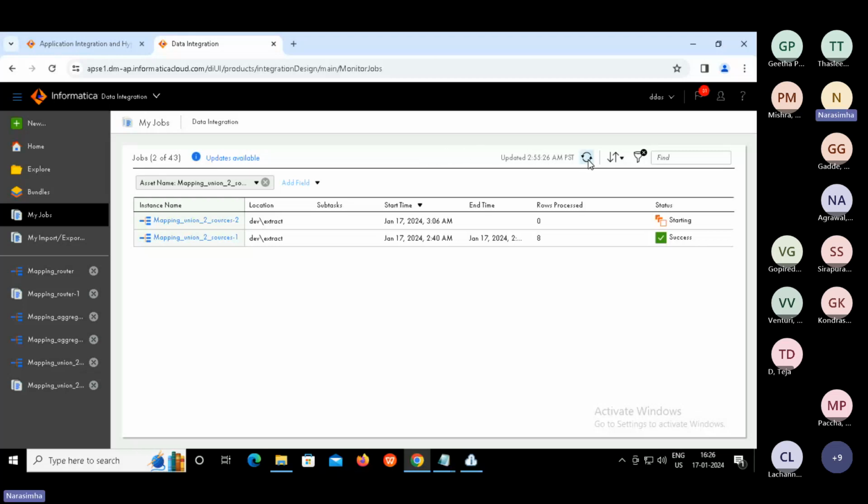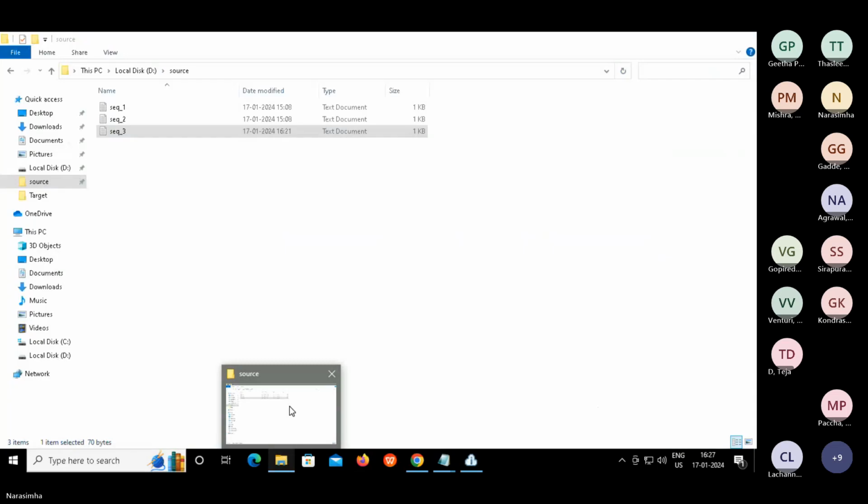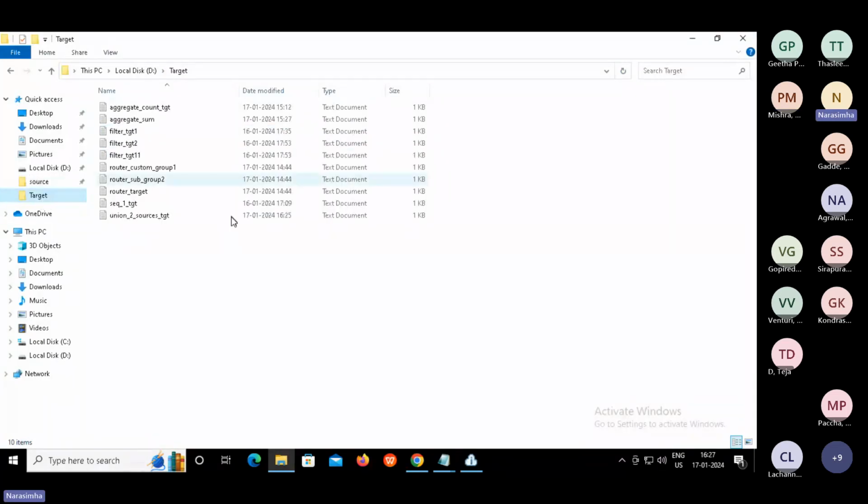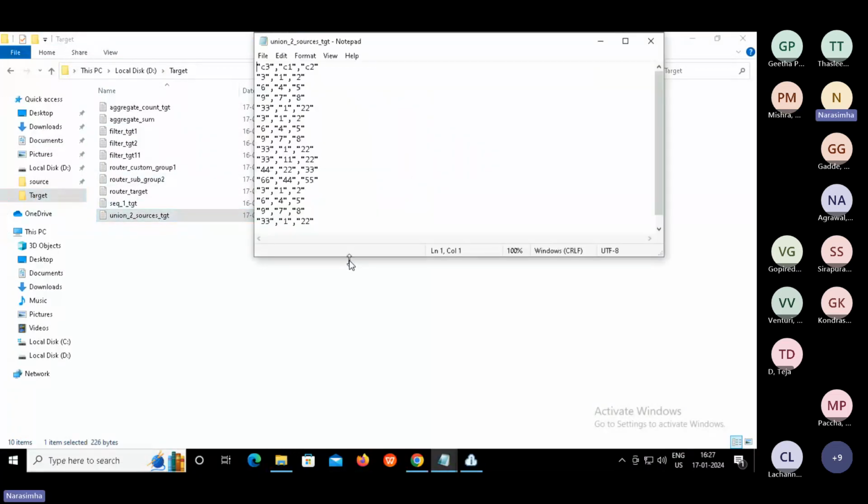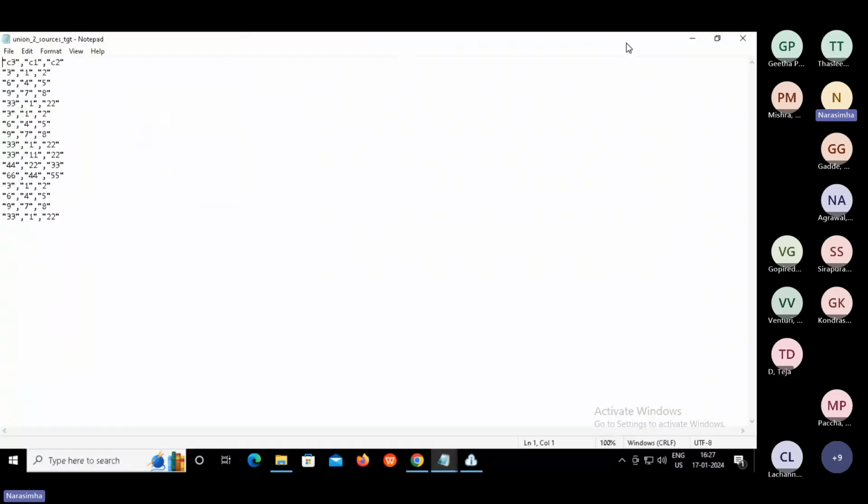Now refresh this. Can you see, guys? This is what we expected, right? 15 rows, 12 plus 3. Three newly added rows, and the other four are similar to the earlier source systems' data. Now let us look at the result in the target. This same target, right? Now we can see all the rows.